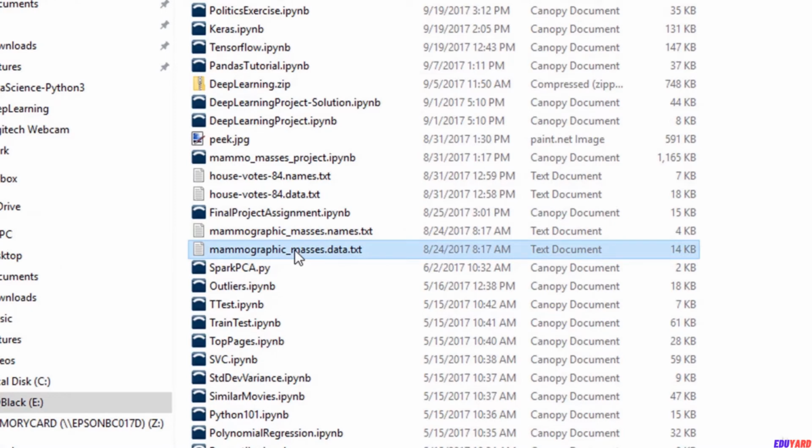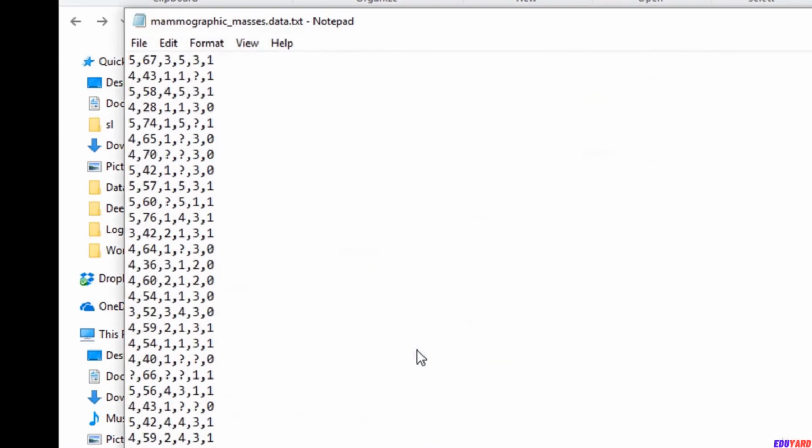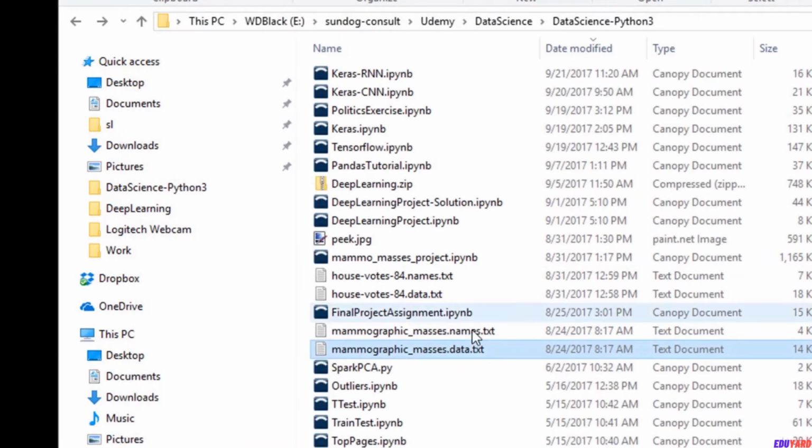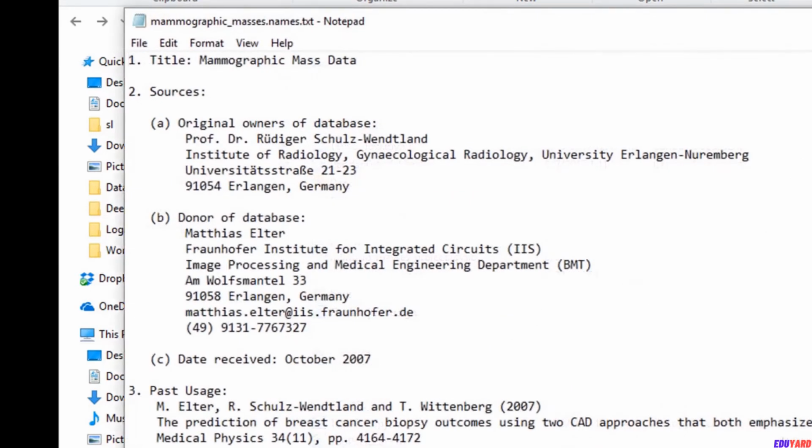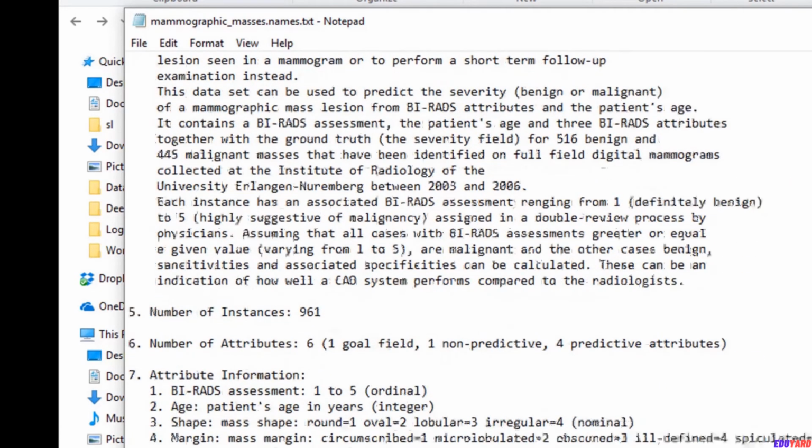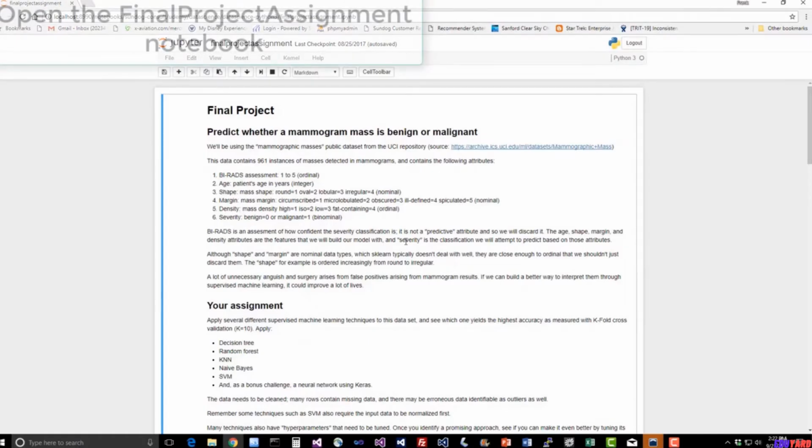If you open that up you can see what you are up against. It's just a data file of 6 columns of information, and you can see that missing data is represented by question marks. We are going to have to get rid of that missing data at some point, but we will deal with that. If you want to see what those columns mean and more information about the data set itself, you can get that in the names.txt file associated with the dataset, and I will talk you through it shortly too. This should give you a little bit of an overview of what you are up against.